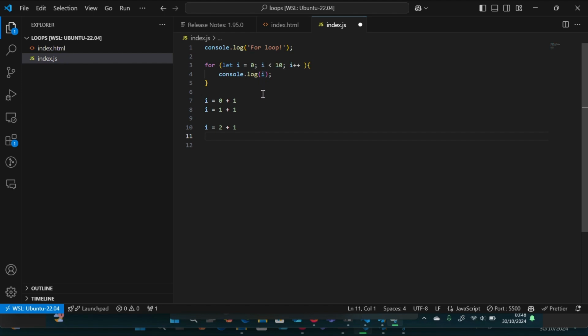We check if 2 plus 1, which is 3, is less than 10. It's true. The value of I is 3 and 3 is less than 10. That's true. We log it. We log 3. I is equal to 3. Then after logging 3, we add 1 to it. So it becomes 3 plus 1. So this is how it goes. It goes on and on until our I